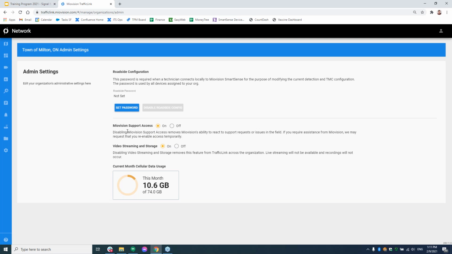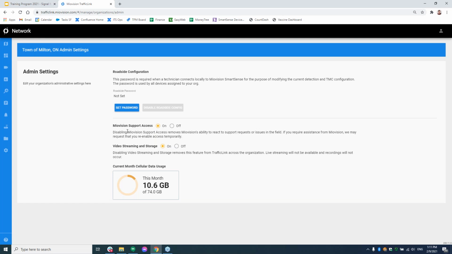So that's a thing that you can use. I want to make sure everybody knows that exists. If say you call in with a support issue and you need something to resolve and this was turned off, I may have to ask you to turn it back on so I can jump in and help you and really understand the problem. But that is an option and that is something in your control.